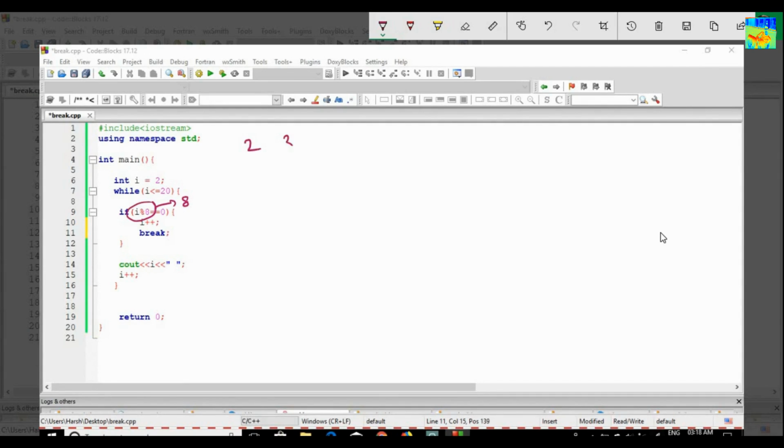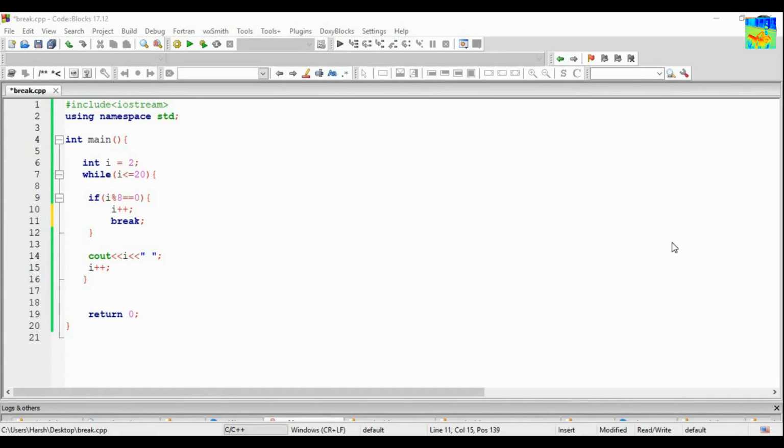That means 2, 3, 4, 5, 6, 7 will be normal prints. Now I becomes 8, I++, the value of I becomes 9, break. Now the break statement gets executed. What will happen? I will reach line number 17 and then I will execute the rest of the program.